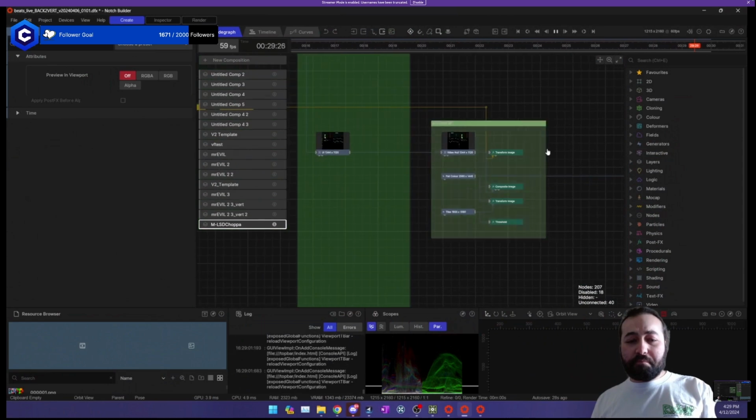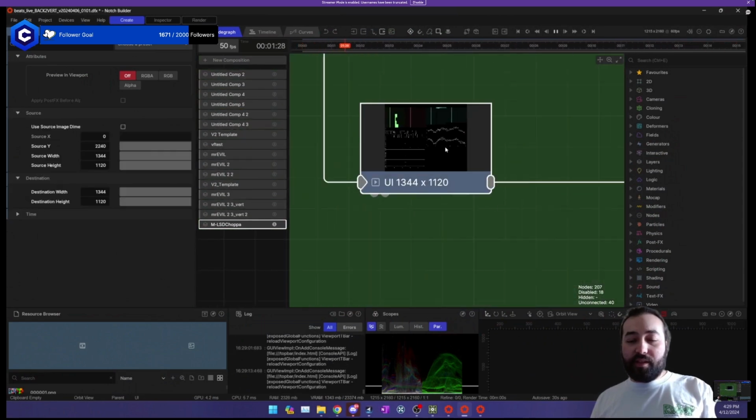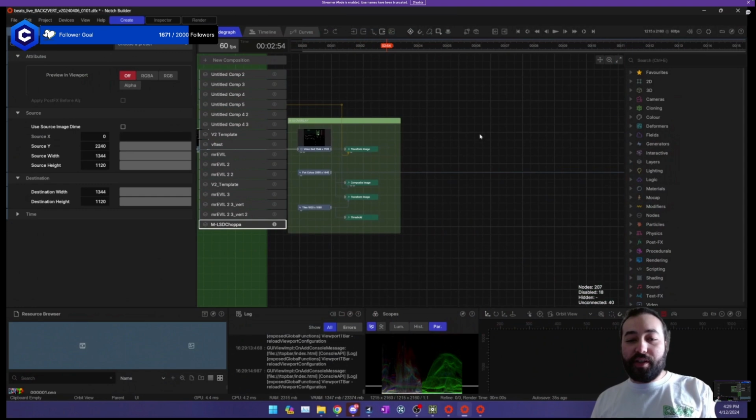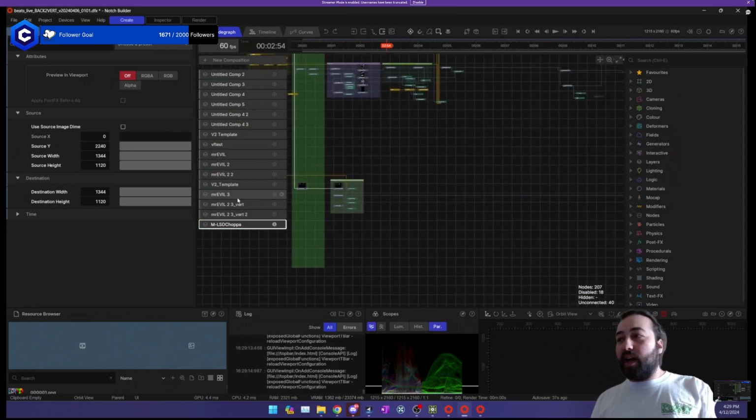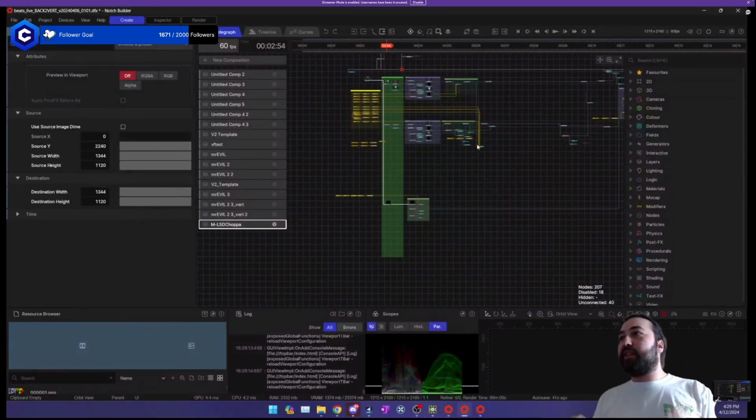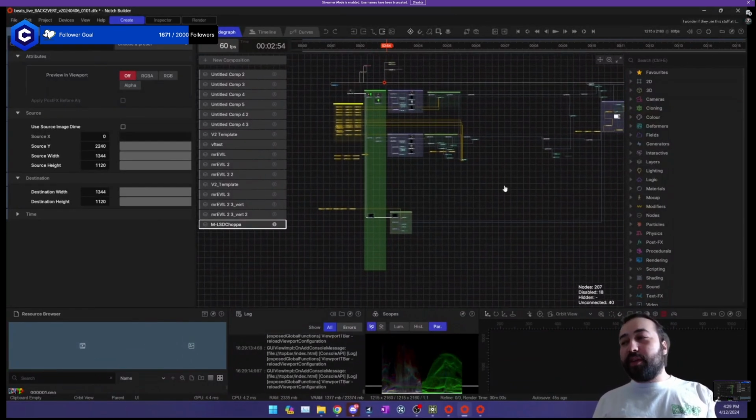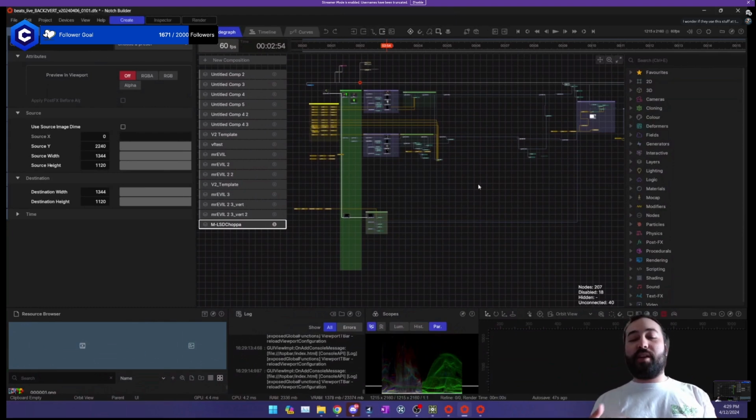I also have these graphics from TouchDesigner that are overlaid as well. Those come in through here. Then I have a bunch of different looks that I play with here, so I can make many different versions of this compositing setup in Knotch. Pretty much everything I'm doing here could be done in TouchDesigner, but as you guys have seen, Knotch is very expressive and very fun to play with.